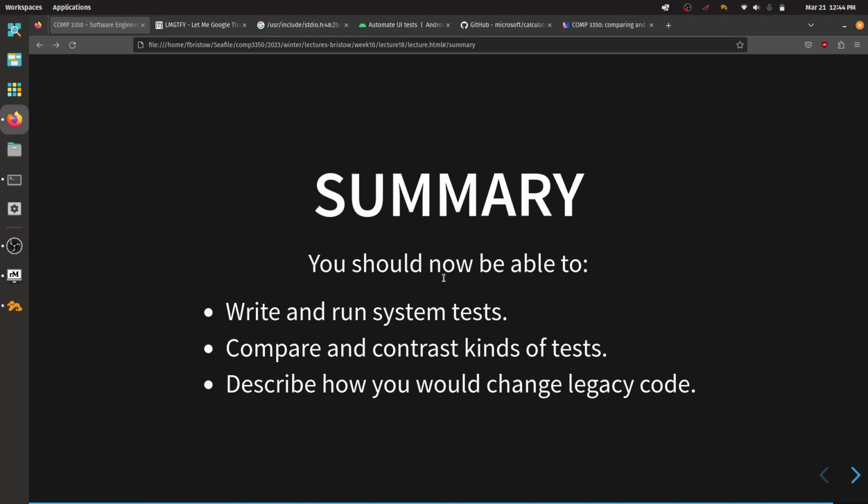You should, at this point, be able to write acceptance tests, and you should be able to write and run system tests. You should be able to compare and contrast different kinds of tests. And at this point, you should be able to start describing how you would get information about legacy software projects. We will move on to how you would change legacy code in the next